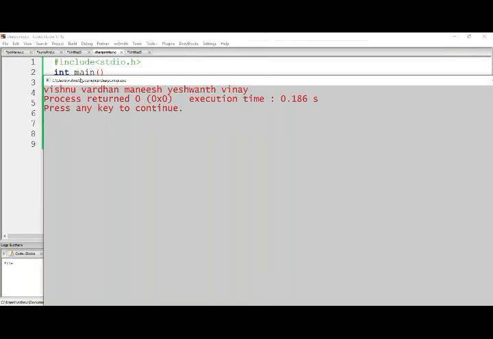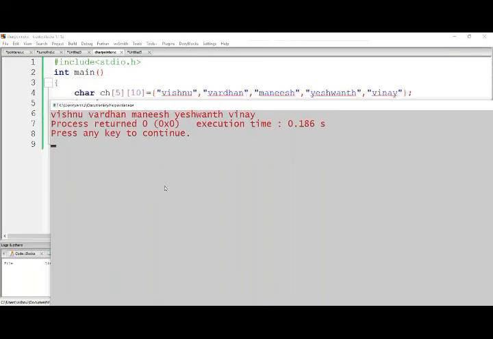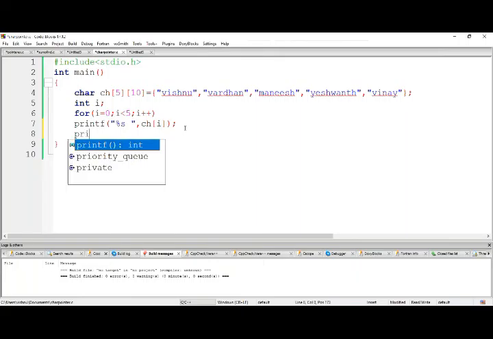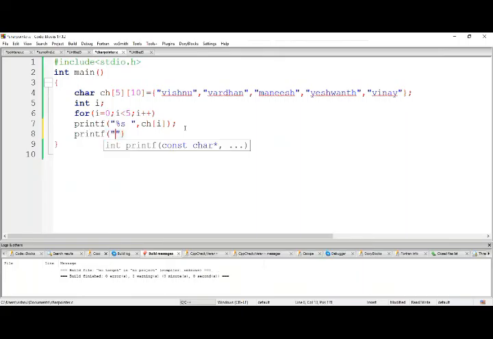String arrays. It is nothing but string arrays. We can represent a string array like this. A single array will represent a string. Likewise, we have created a string array which consists of 5 rows and 10 columns. You can imagine this one. It is a two-dimensional character array which consists of 5 rows and 10 columns. What will be the size of ch, the total entire size?